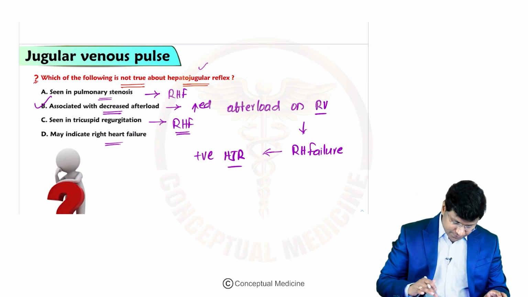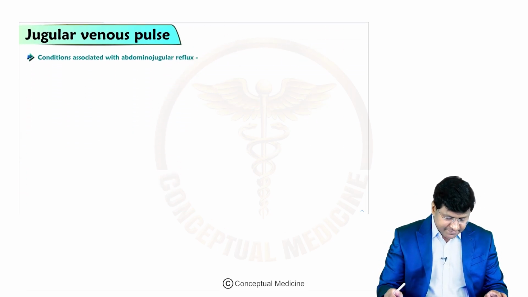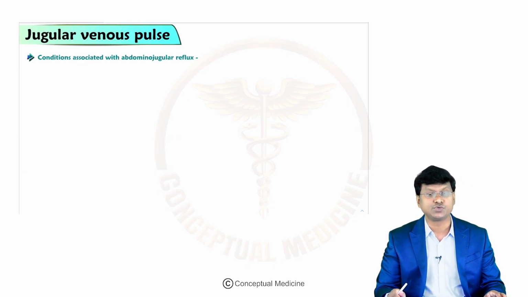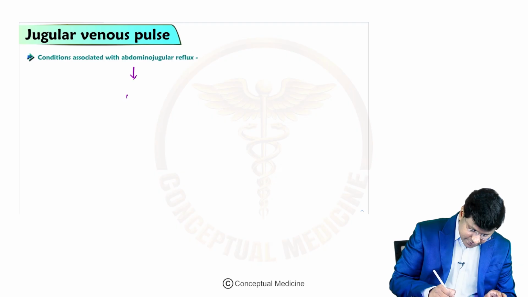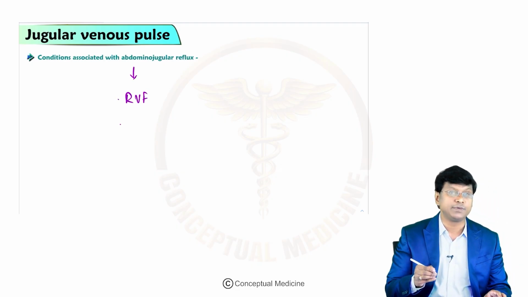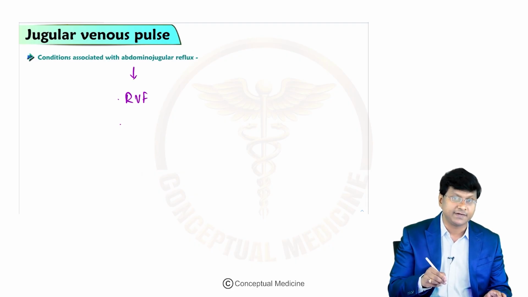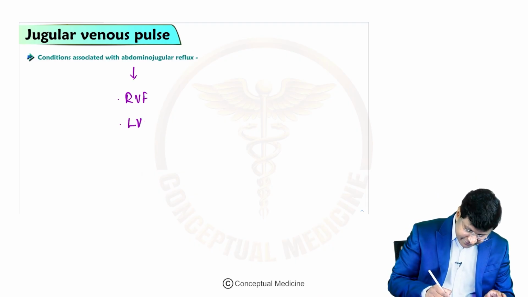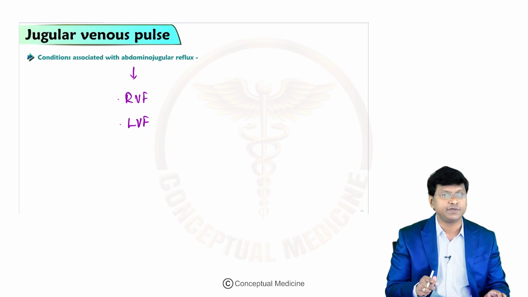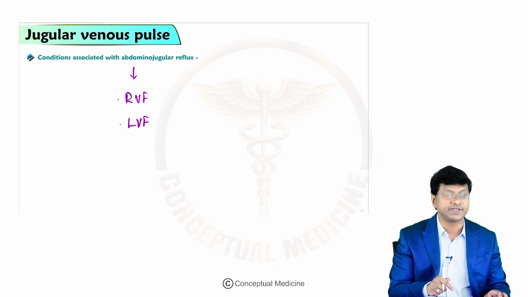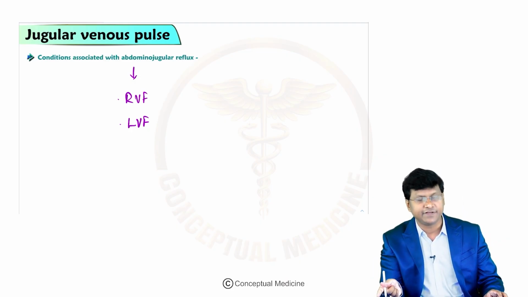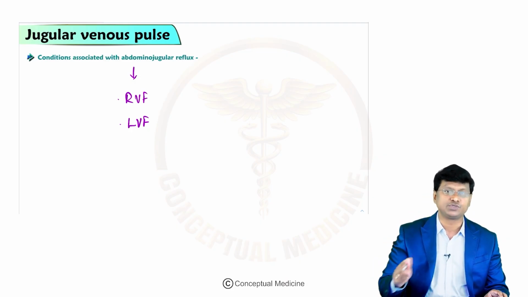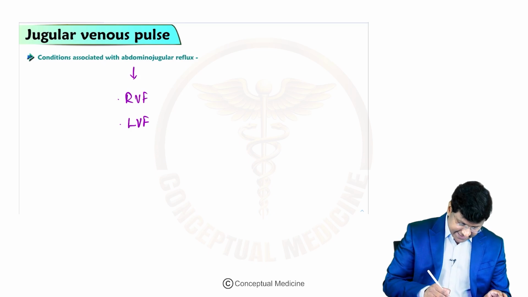Now, let me tell you what are all the conditions associated with the abdominojugular reflex. Number 1, right ventricular failure. And what is the most common cause for right ventricular failure or right heart failure? It is left ventricular failure. So even in left ventricular failure you will have a positive hepatojugular reflex. But when is that? When left ventricular failure leads to right heart failure, then you will have a positive hepatojugular reflex. And the next condition is